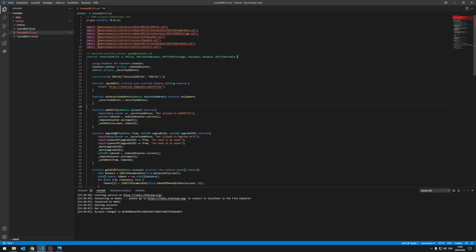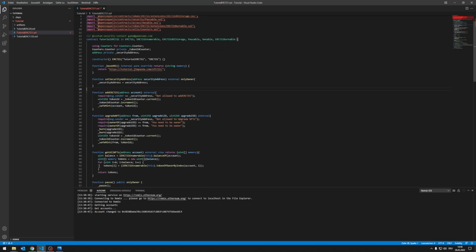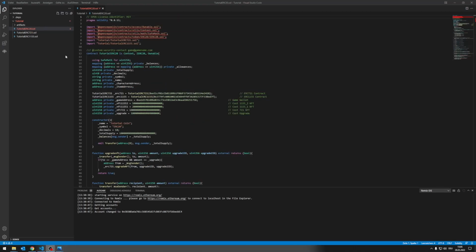After he burned the NFTs, we mint the new NFT for the player. And that's why we need the security addresses here too, so that the two functions can only be called from our game contract. Then we have to add another function, get all NFTs. With this function, we are able to call inside the game an EVM call to the blockchain, so that we can get the latest token ID from the player to create the URI data and the game data for the game, and for the blockchain,